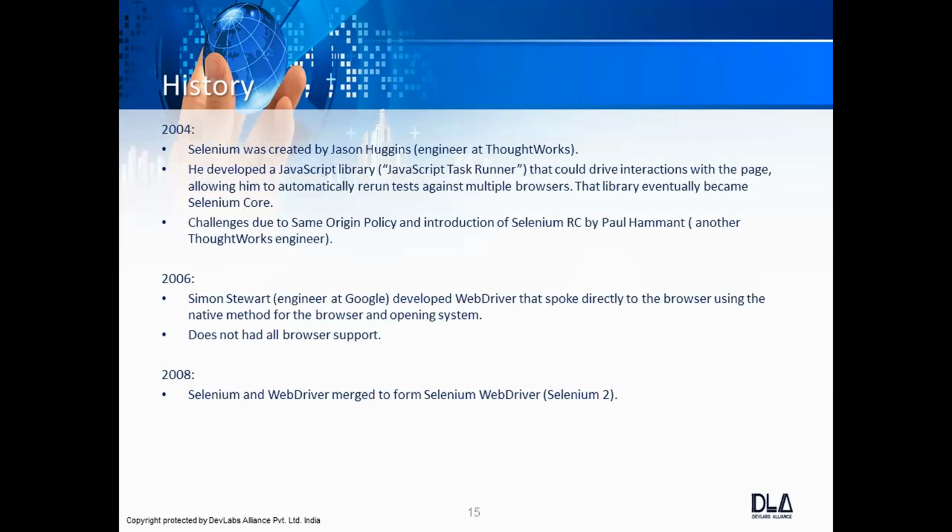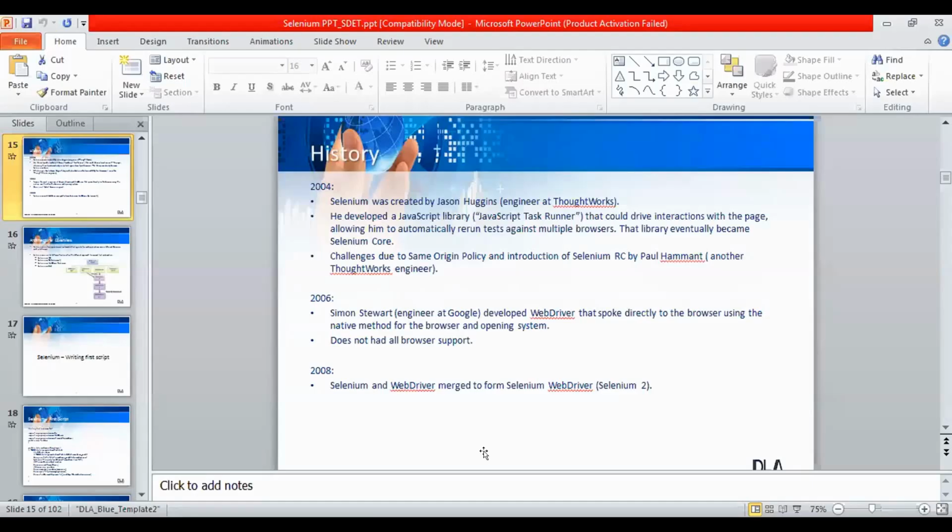So now we will write a very basic Selenium script, and then we will discuss one by one whatever we use in the code. We'll go into detail, and then I'll cover the other topics. So let's start with the very basic Selenium scripts.